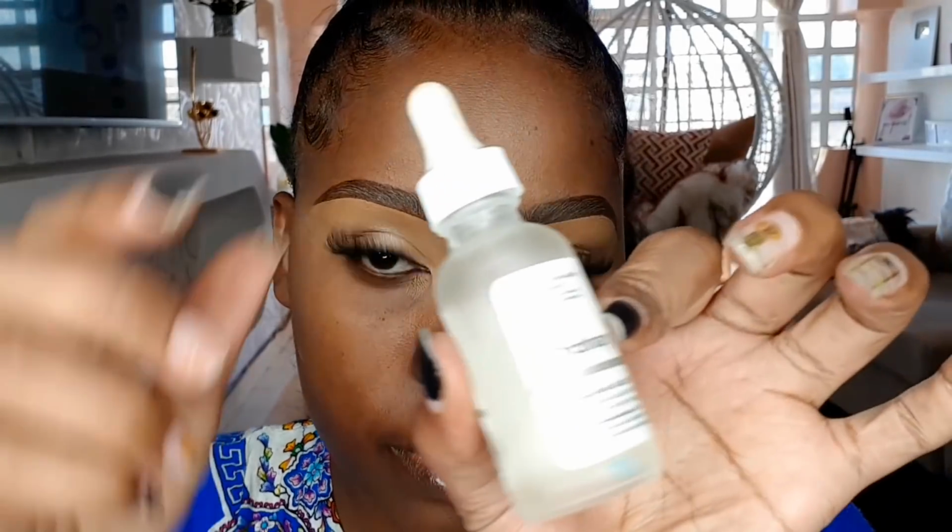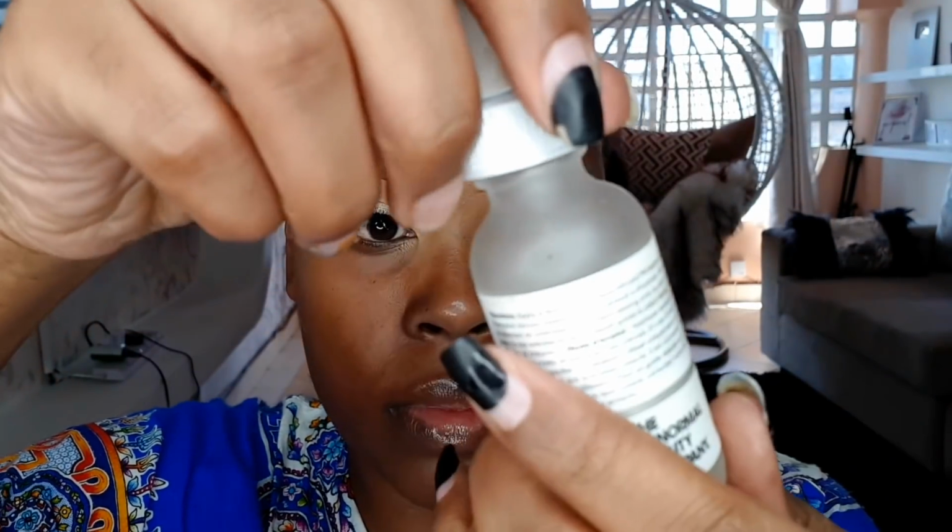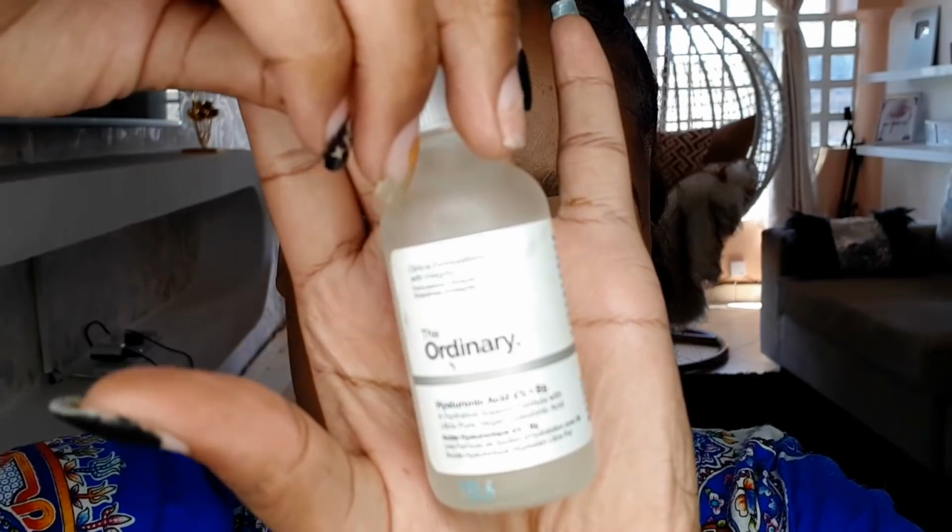I'm just going to use that. I actually used 2 of them, and then I use the eyelash color to press them in, and look at the way it looks. I love it. It has a very, very natural looking finish with the eyelashes. So moving on to the face, I'm going to start off with the ordinary